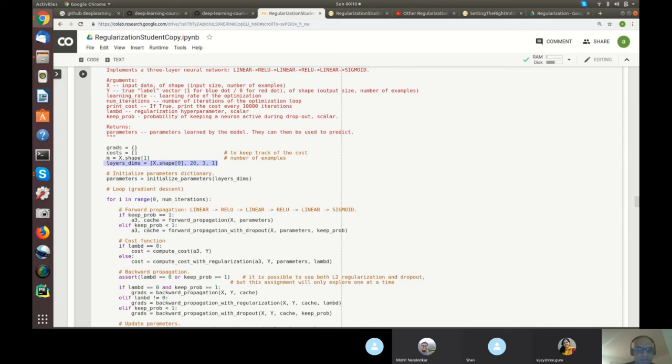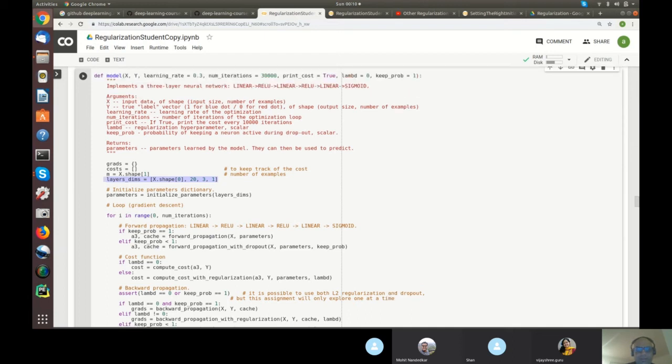So X is our input matrix, which has 2 rows and many columns. That's the first layer dimension. The second layer has 20 neurons. Third has 3 neurons. And then there's a final 1 neuron. So for a linear layer where all the neurons are connected to each other, that's one layer